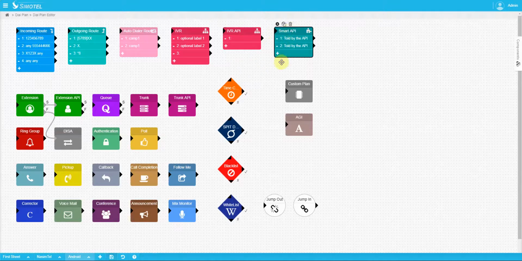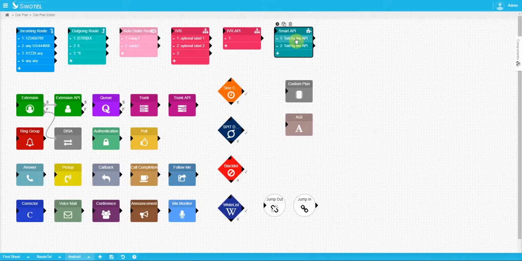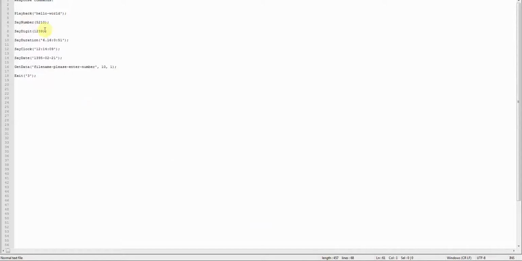To be even more collaborative, we have a smart API. It sends the call information to a URL, and the web service in response can tell what exactly should be done to the call by a certain set of commands that are various and well documented. For example,